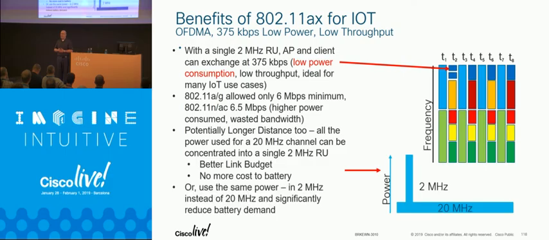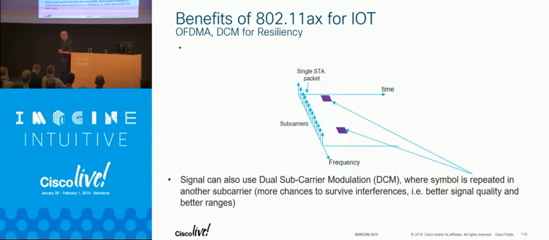And OFDMA, really, they wrote this for IoT. Part of it, dual carrier modulation, makes long distance easier, right? And more reliable. Gas fields, power companies, things like that. We've looked at radio on that a lot. Latency is always a killer for it because they need very fast acting time. Distance has been a problem for it.